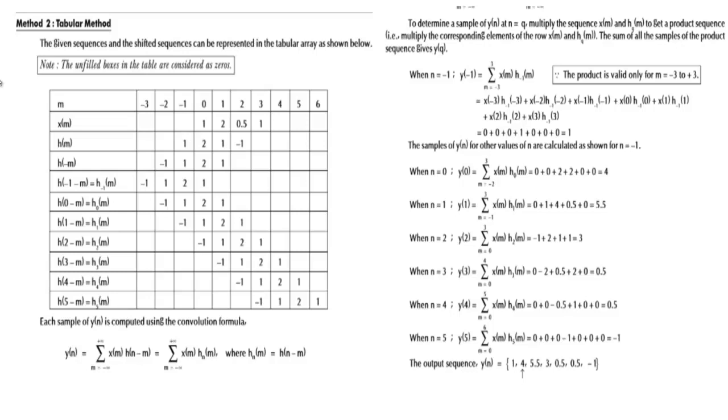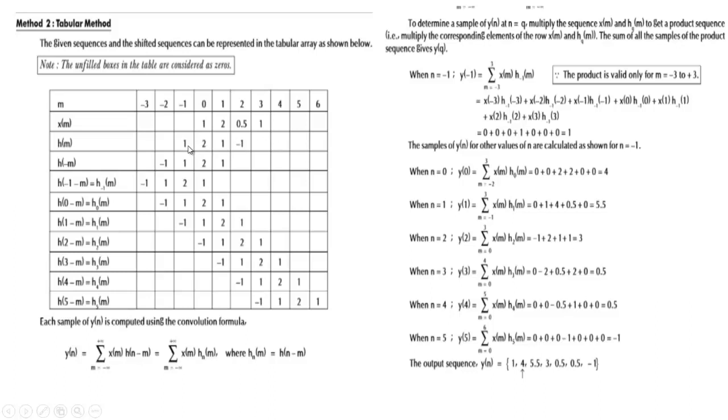So the first step, as we have done in the graphical method, is folding. Here also we are doing the folding. So all these values over here are coming over here, and this value is coming over here, which is h of minus m. Then similar to the graphical method, we are moving one step towards the left. Why? Because our second sequence, that is the impulse response, starts from minus 1, which means we have to move one step towards the left for all the values. Then after that it is coming at 0, means all should be moving towards the positive, that is right side. Then all values from here are towards the right only.